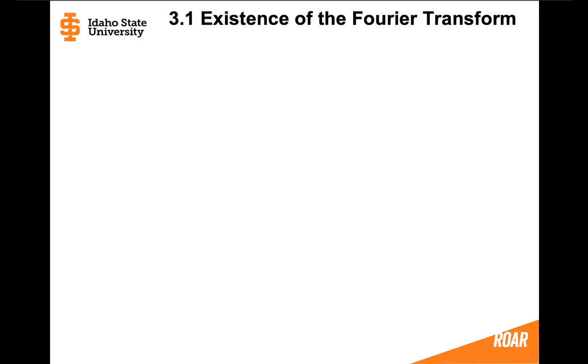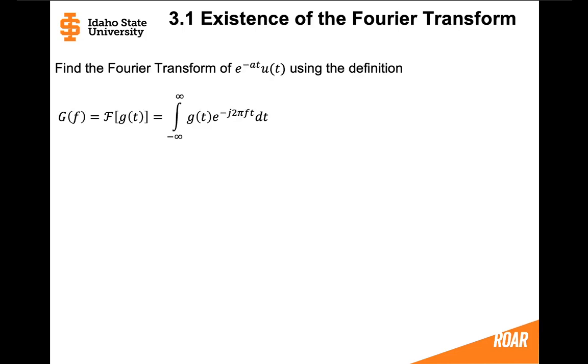So one last question we might want to ask about the Fourier transform is, when does it exist? For which functions g(t), which time domain signals, does the Fourier transform exist? So let's go back to the example that we looked at in example 3.1, where we were looking at a